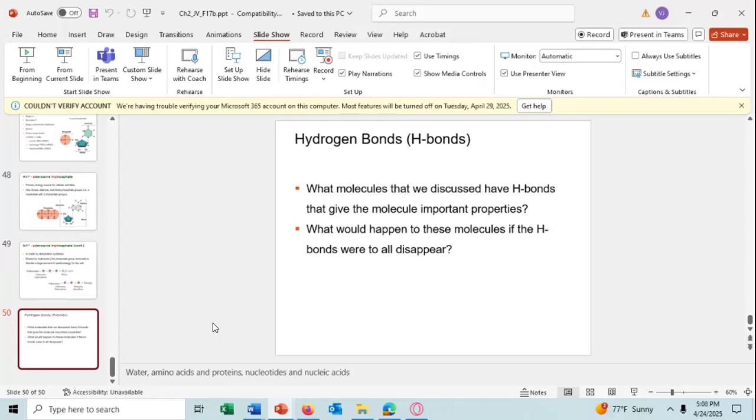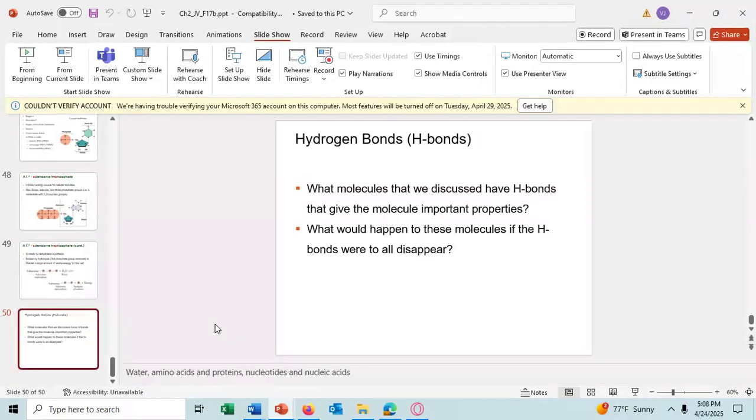Water. Yeah, water. That's one. Anything else? How about DNA? We have DNA, the two strands connected by